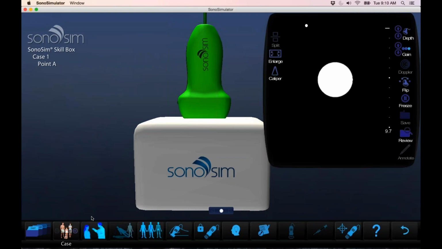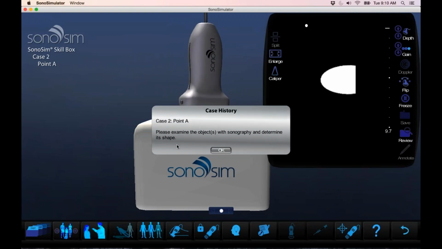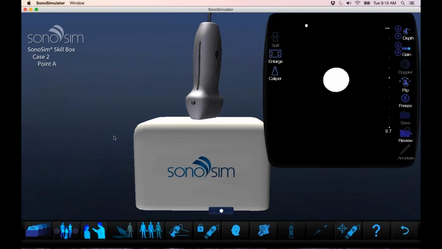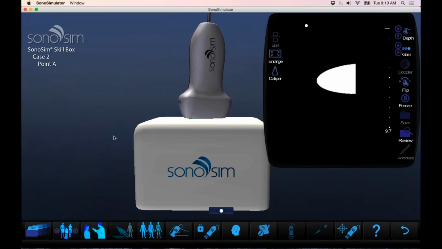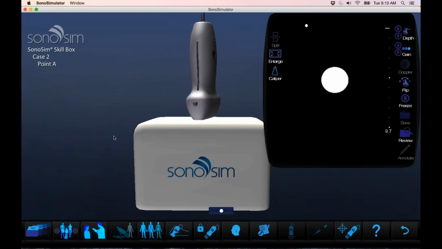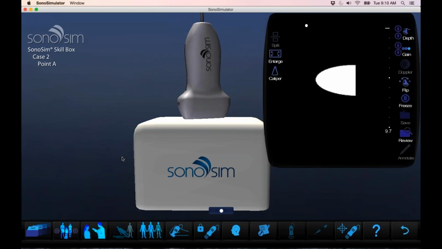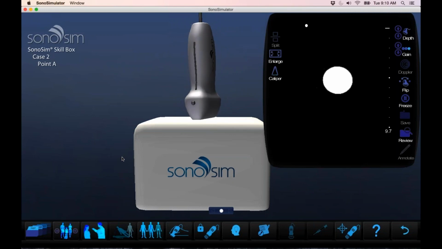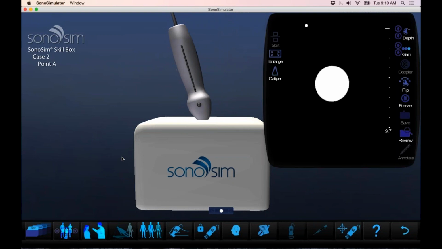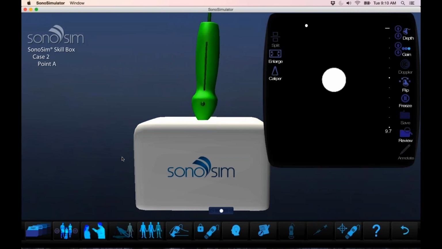And this is what the interface looks like. I'm actually going to pause here just for 1 second. For those who have never seen this product, you might get, let's say, a nurse who wants to learn how to insert a peripheral IV under ultrasound, who has never been introduced to the concept of ultrasonography. What we do is we actually start users off with a very basic cognitive task trainer. This is the corollary to the